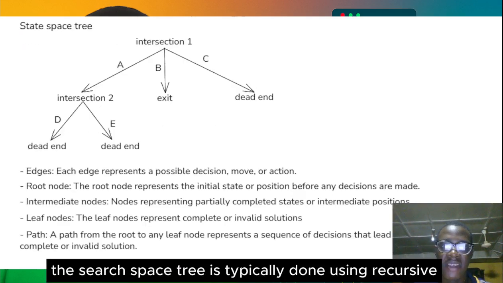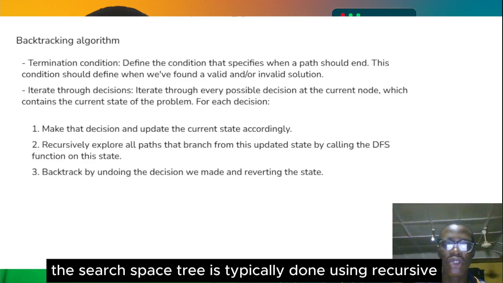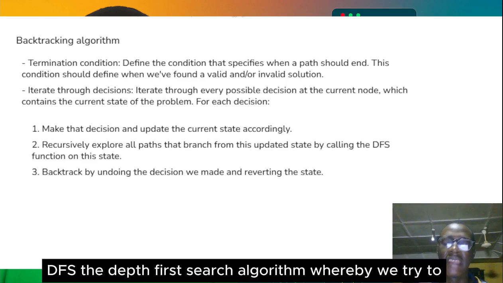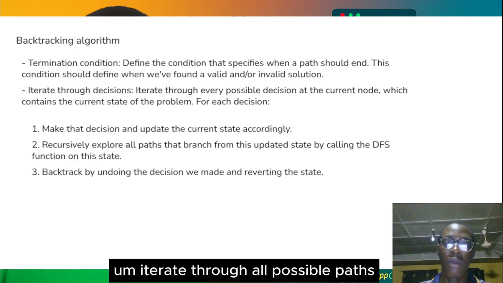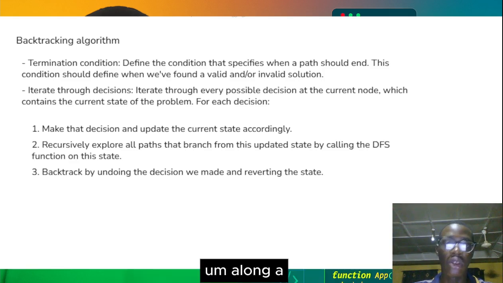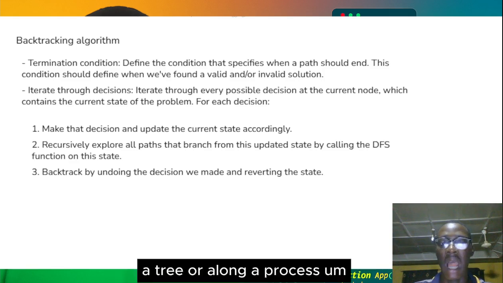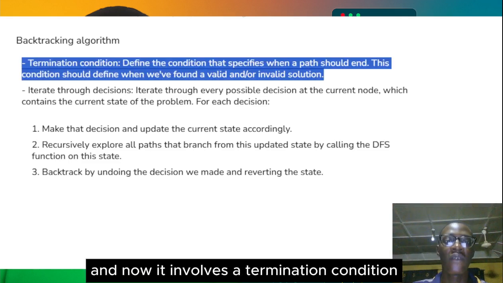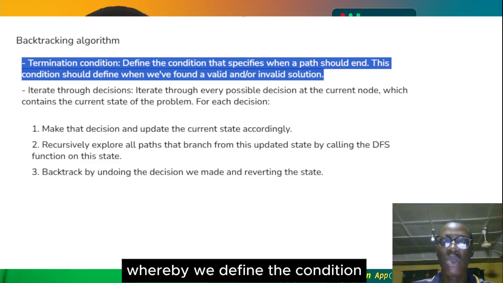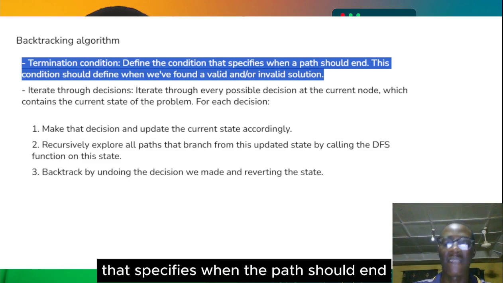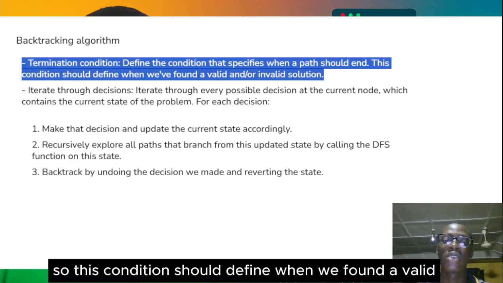Now, backtracking the search space tree is typically done using recursive DFS, the depth first search algorithm, whereby we recursively iterate through all possible paths along a tree or along a process. It involves a termination condition, whereby we define the condition that specifies when a path should end. This condition should define when we found a valid or